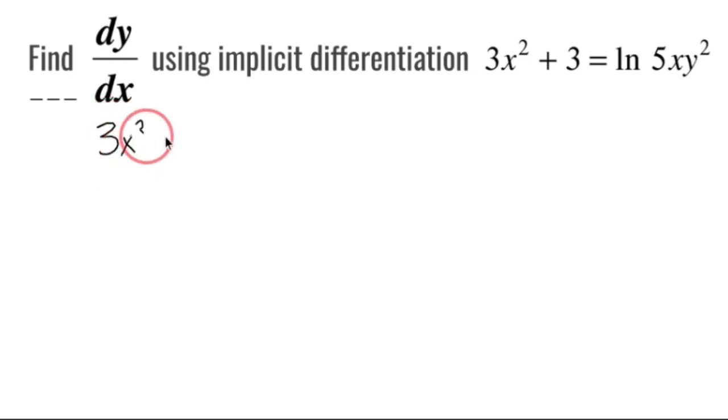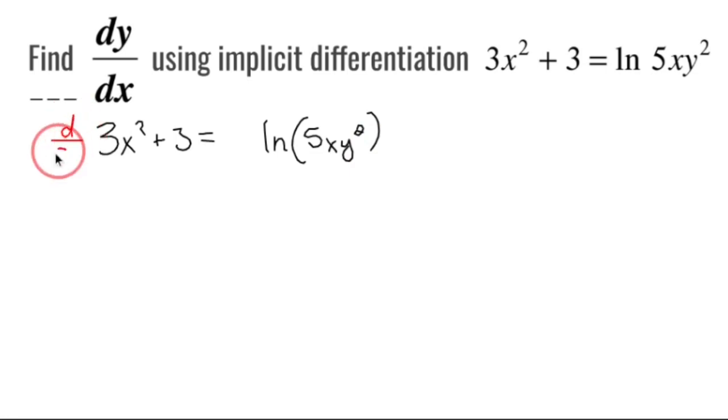3x squared plus 3 equals ln of 5xy squared in parentheses. You're going to rewrite it, and you're going to take the derivative with respect to x of both sides. Now, in an easy sense on the left side, what that means is if you have an x value and you take the derivative of it,